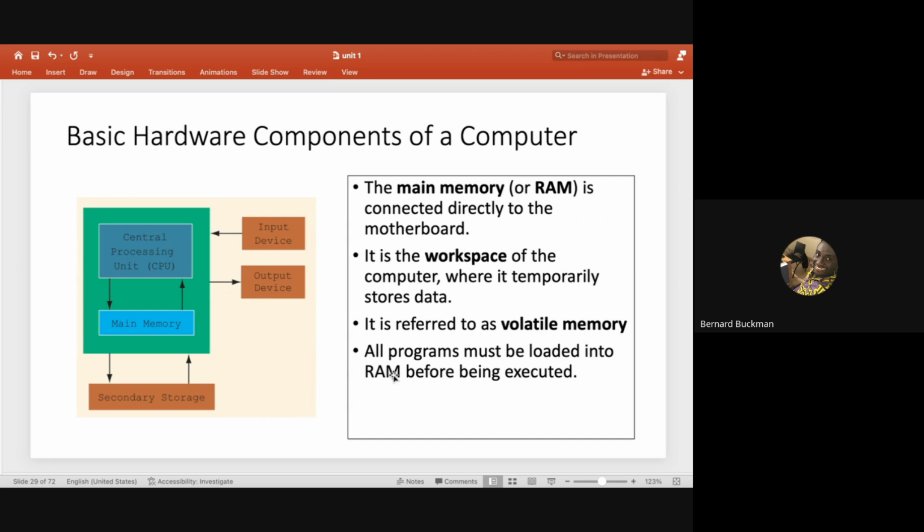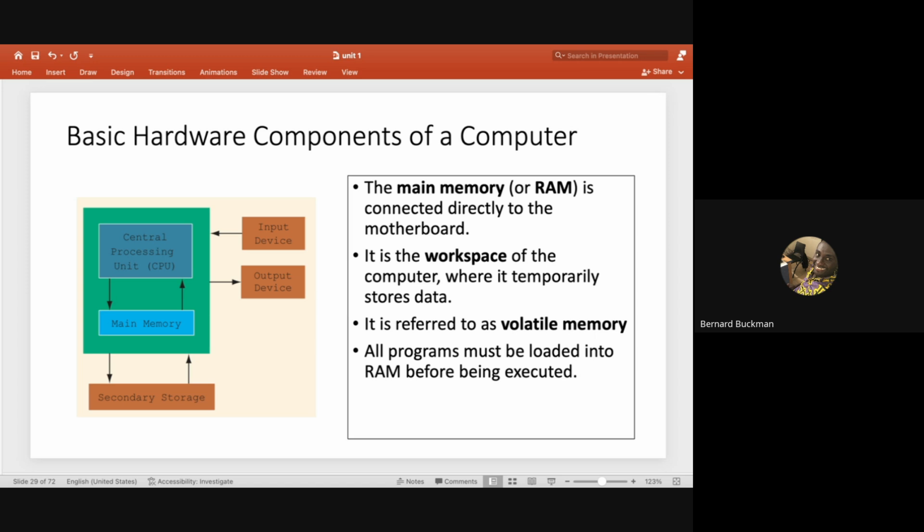Then the next component which we will look at is the main memory. Main memory is also called RAM. RAM stands for what? Random access memory, or sometimes we call it primary memory. Primary memory is the staging area. For example, today I'm having a class at home. I have my computer on my desk. So main memory is like the desk. But when I'm done, I'll just pack my laptop and put it in my bag. The bag is permanent storage, but the desk is the storage which is temporary.